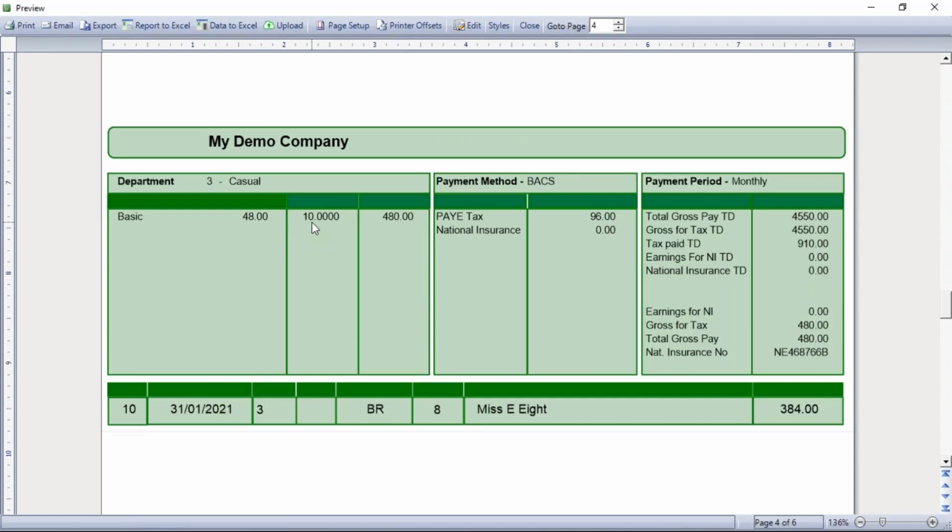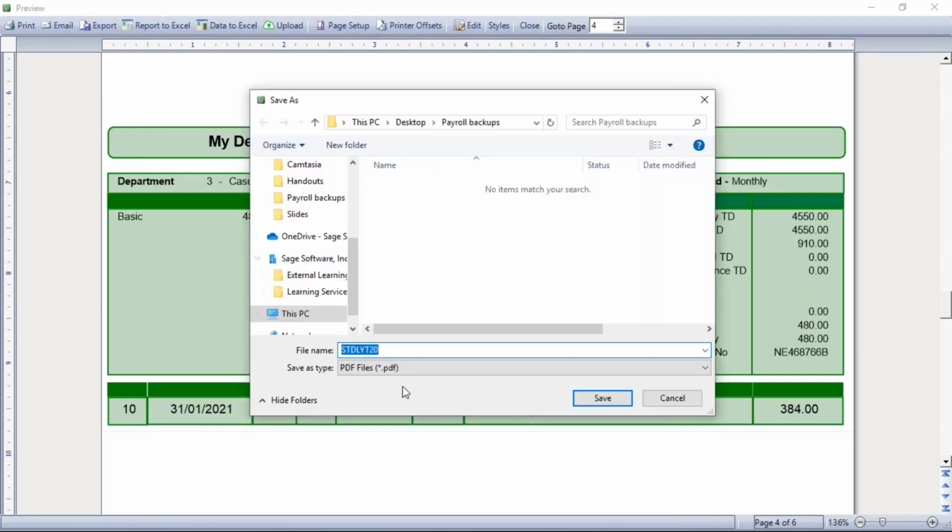So basic pay has hours and an hourly rate. Now, if you're printing onto stationery, if you're still going down that route, just print from here. You can also export a copy, either for your own records or perhaps to then print out onto plain paper. So if you're printing it, it doesn't print any of the background, but if you export first and save it